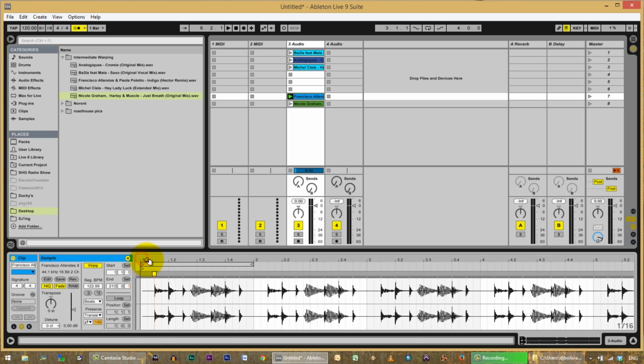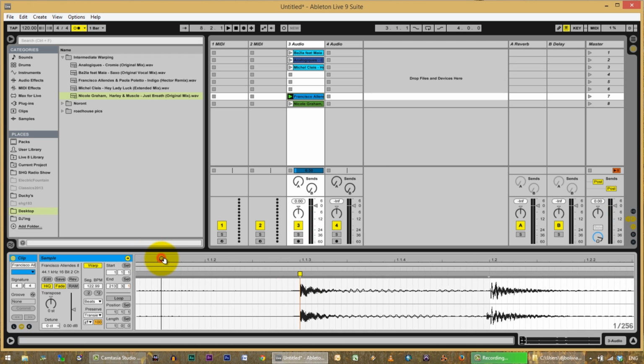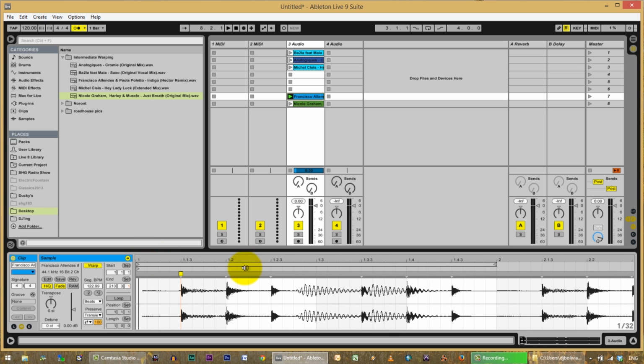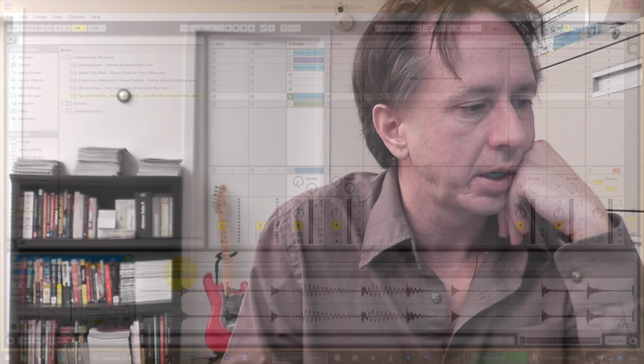Okay, that sounds right. So, in this case, it kind of seems odd not to have your warp markers right on the beginning of a bar. You've got to remember that your warp marker doesn't have to match the beginning of a bar. The warp marker can go anywhere on an audio file, and as long as it's moved to the correct matching position on the timeline, I guess you would say, then that's all that matters. Don't be too focused on thinking you have to have them at the beginning of a bar.